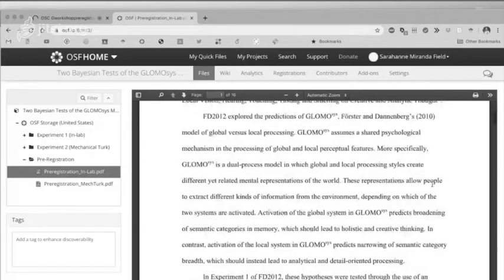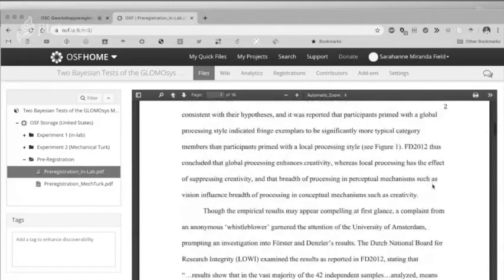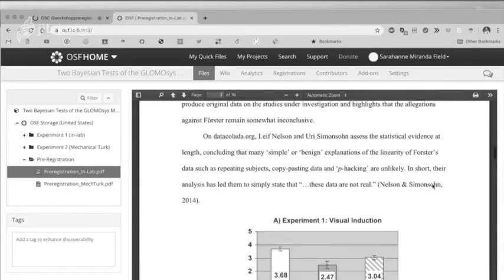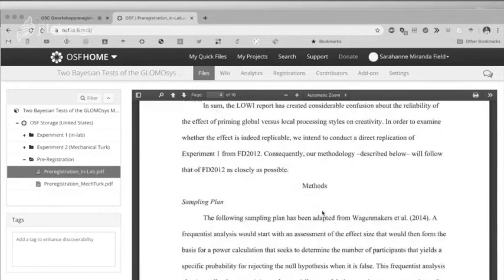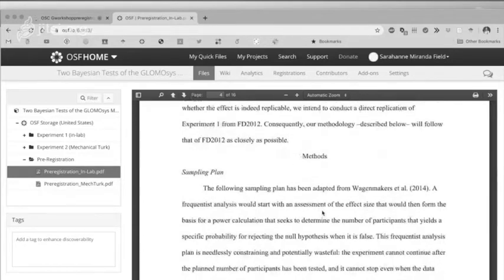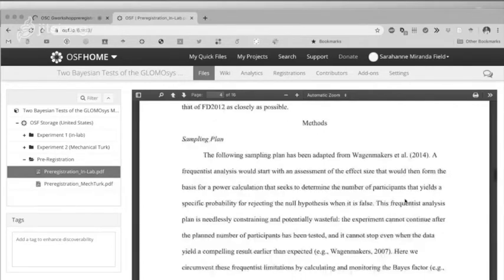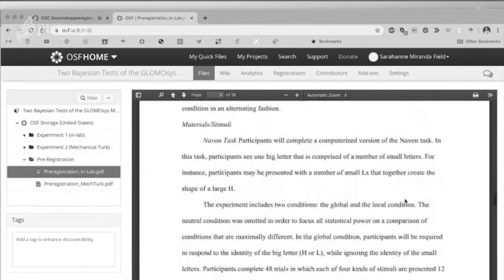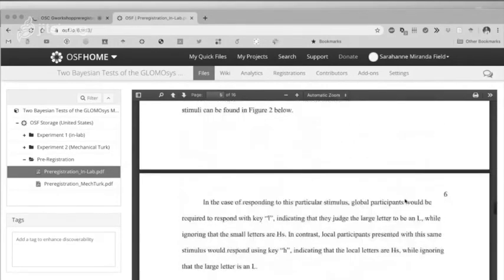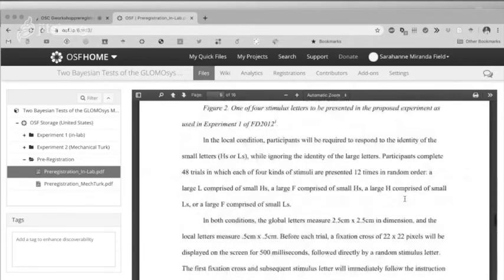So just really quickly before I'm done, this is my pre-registration document for my first, in the set of replication studies for my first publication. So I have a pretty detailed introduction here, which went through all the reasoning. Now, this was a replication, like I said, and there was some interesting motivation as to why we did the replication. So that's all been detailed in the introduction. That's more detailed than you probably need to be, but this gives you an example of what you might want to do. I've got my methods with my sampling plan, pretty detailed, plans for participants, the stimulus, the 2 stimuli themselves,